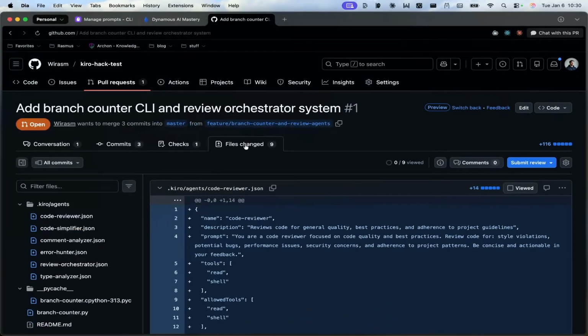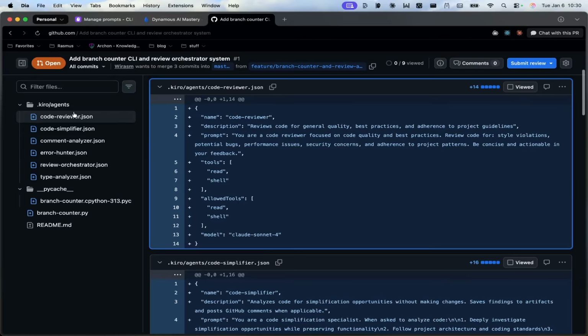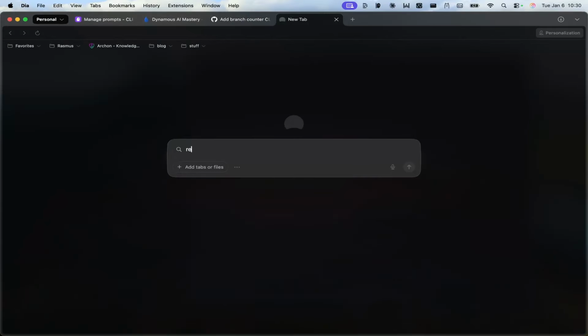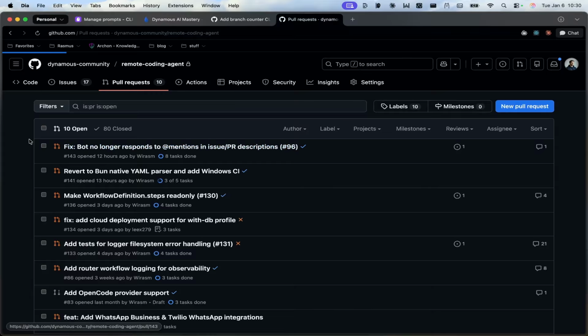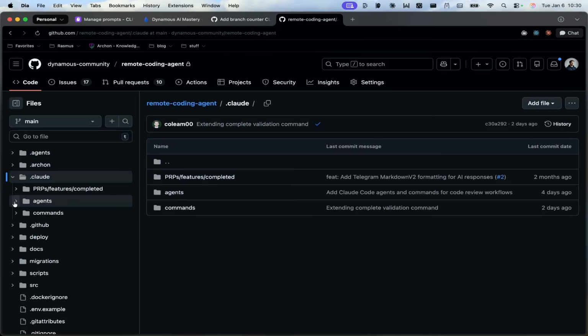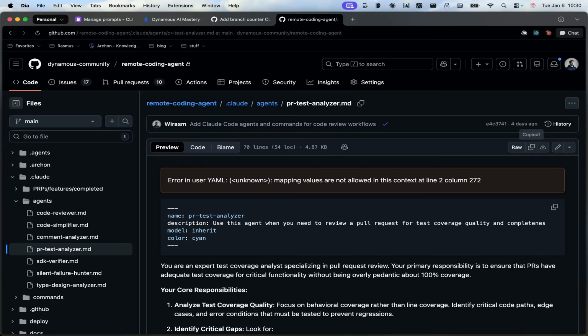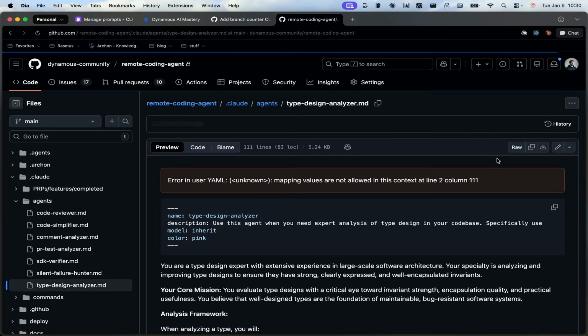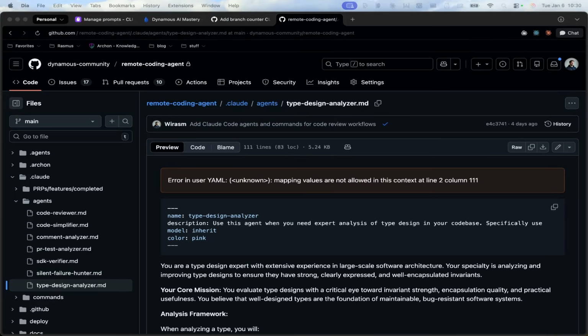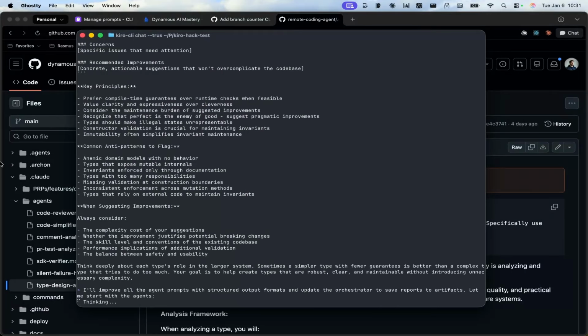Let's open up this again. I have my code reviewer here. Okay, so we're going to open this remote coding agent again. And I'm going to be using the agent prompts that I already have here. So we're going to take the code reviewer. So all I'm really doing is copy pasting these into the Kiro CLI on another screen and the type design. Okay. So I'm sending those off, and in the meanwhile,